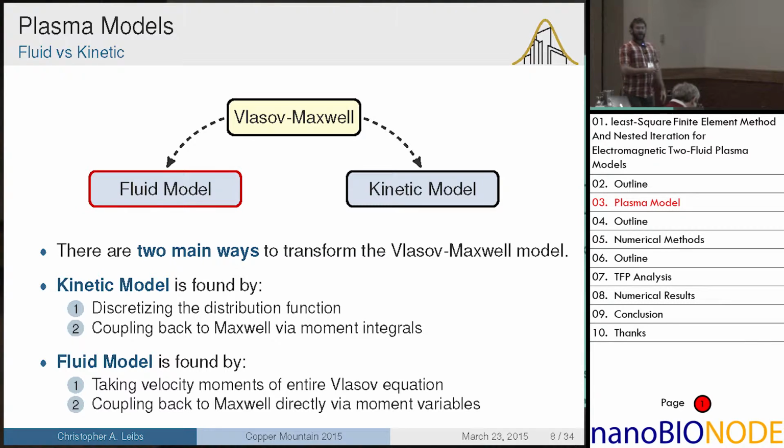With that said, we're going to talk specifically about the fluid model in this case, and just as a quick